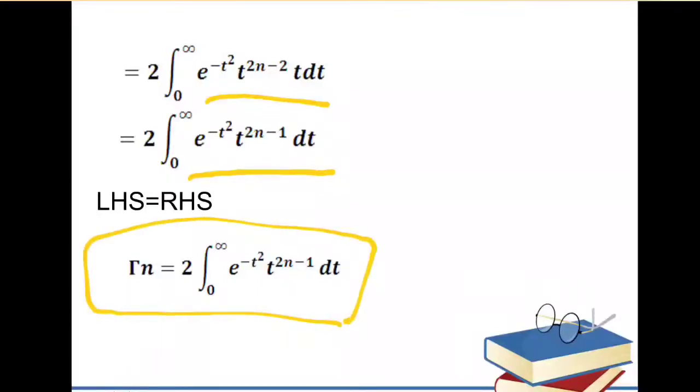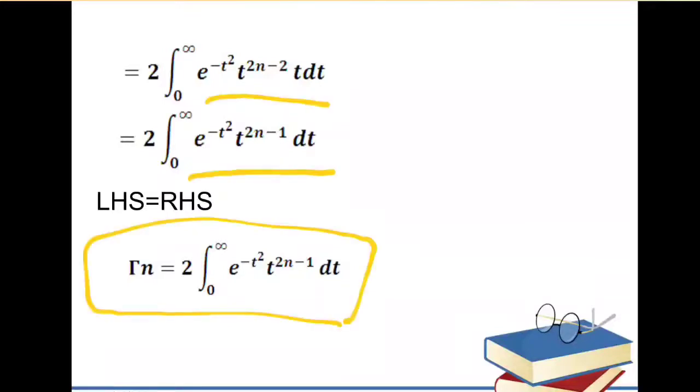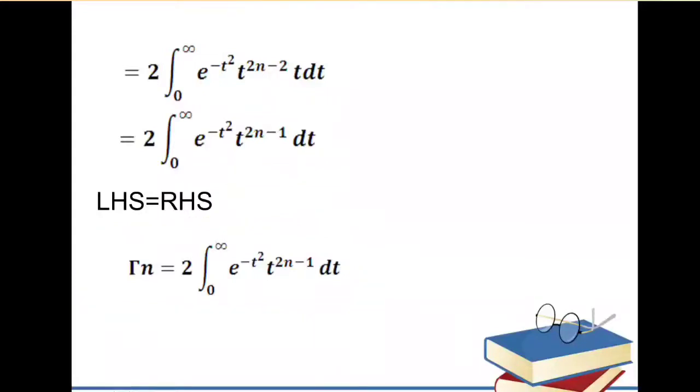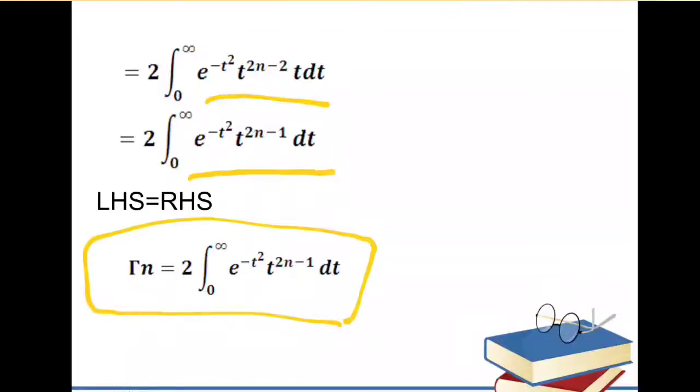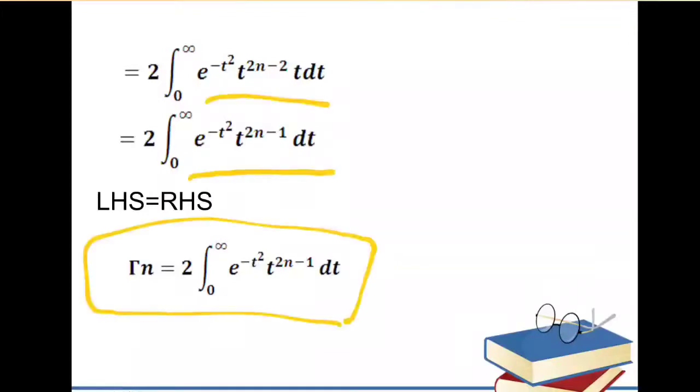So this is again a new method of solving the integration. I discussed the same problem in the last lecture, but at that time we put t square equals x. Both methods are correct. You can solve the problem using the right hand side or by using the definition of gamma function, that is, using the left hand side. Please note that this is nothing but another way of writing gamma of n, that is, twice the integral from 0 to infinity of e raised to the power minus t square, t raised to the power 2n minus 1, dt. And this definition we are going to use in the proof of gamma of 1 by 2 equals root pi. So this is a very important proof.